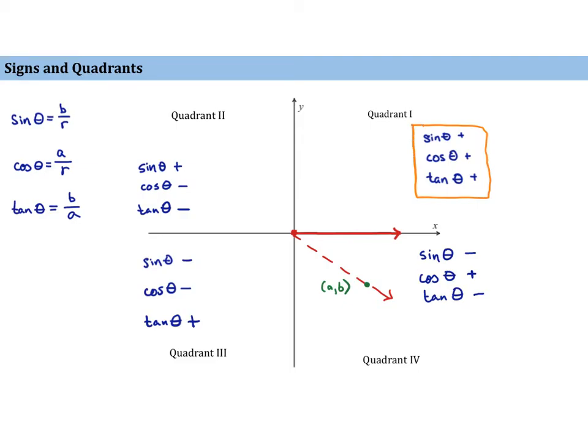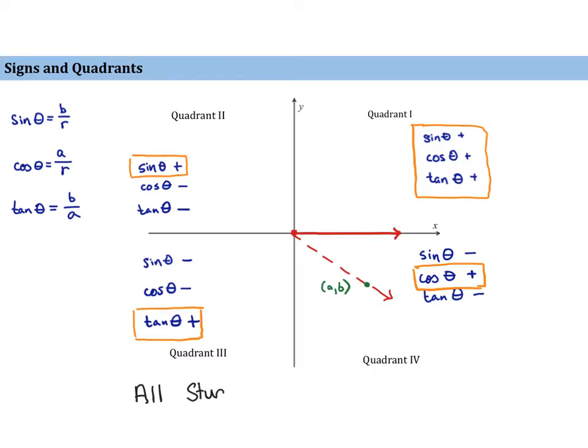So we have all, and then in the second quadrant, only sine of theta is positive. In the third quadrant, tangent of theta is positive, and in the fourth quadrant, we have only the cosine. So we can have a mnemonic device of all